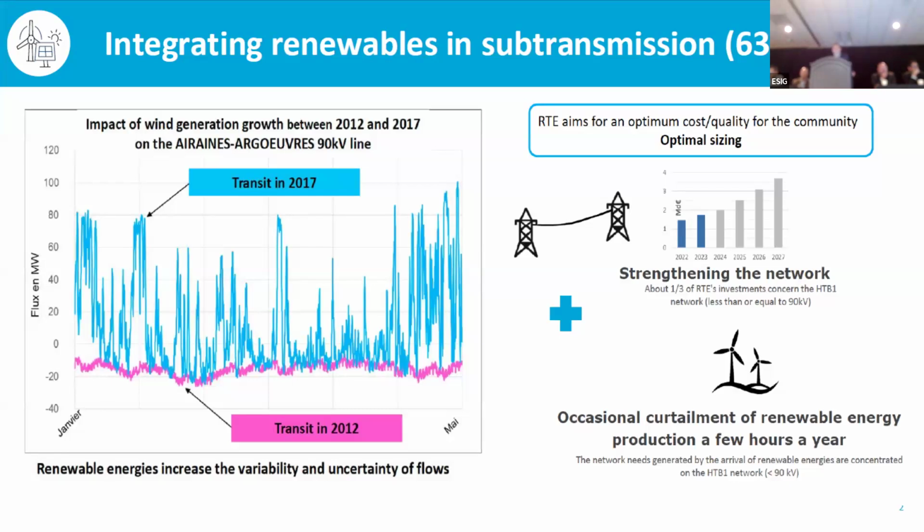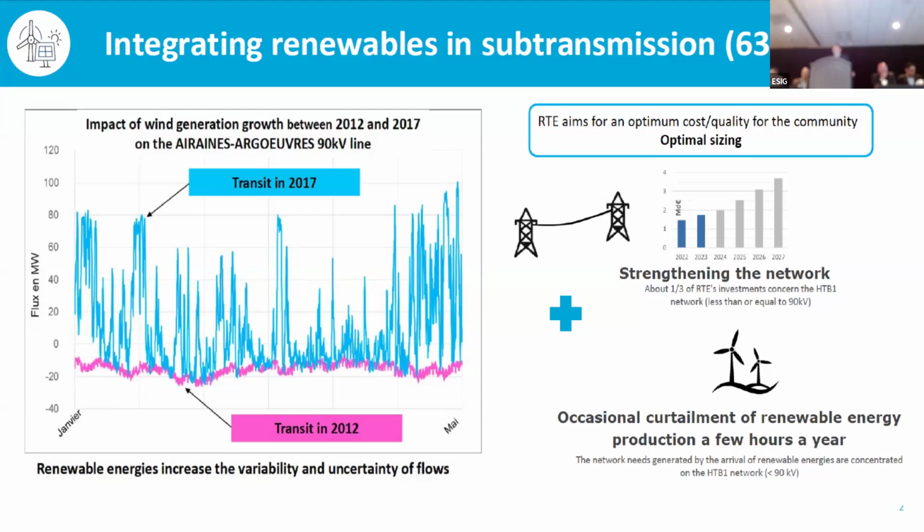What we've seen, if you look at some lines, on the left is with very high wind penetration, what used to be something very simple in terms of flows, consistent flows along the year, is starting to move up and down with a lot of variation. So how do you deal with congestions, with thermal overloads of lines in this situation? Of course,